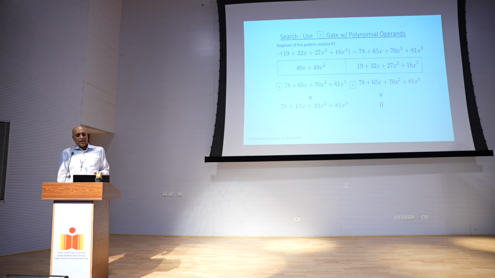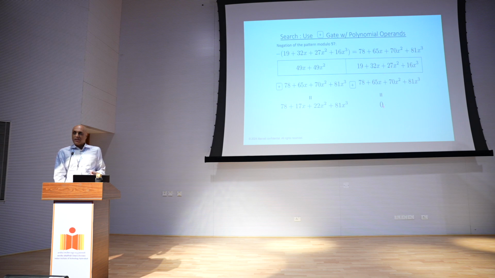When you negate the coefficients in this polynomial over here, you wind up with this polynomial as its additive inverse modulo 97. So then now let's go ahead and simply add this negation of the pattern to each element in our target array. You add it to this polynomial, you're going to get this result. Whereas if you add it to this polynomial,